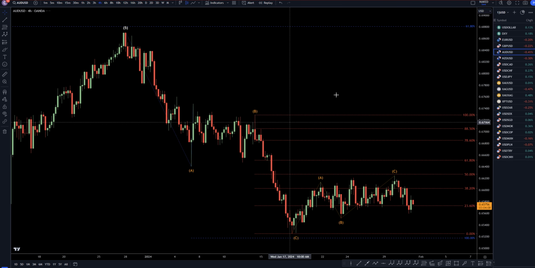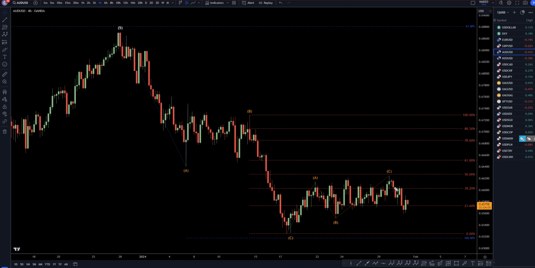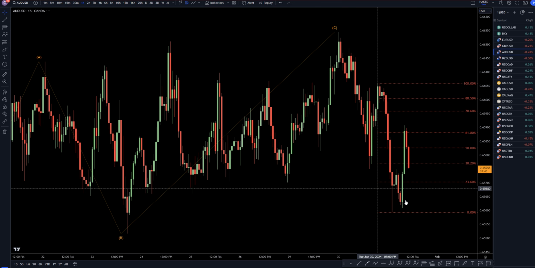So taking it down to the 4 hour time frame. 4 hour time frame, we have definitely drifted down. We had some Aussie news last night that was pretty negative for the Aussie, so it is still drifting down pretty nicely. Now, like I said, we're going to have to reevaluate and see what this looks like. If it actually looks like this before the news comes out, I would say that the news is going to cause this to continue the downtrend. So anyways, let's take it down to the 1 hour time frame.